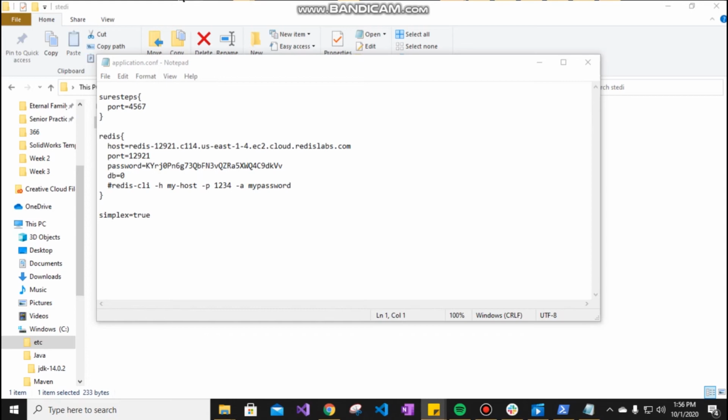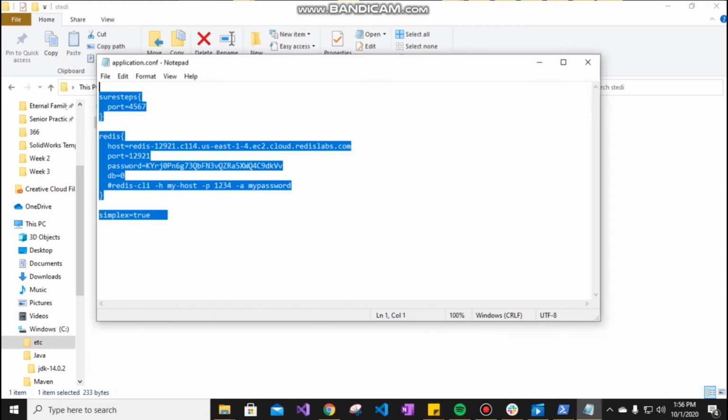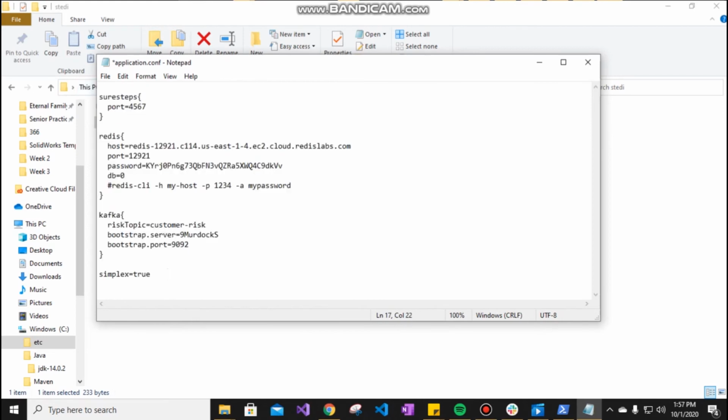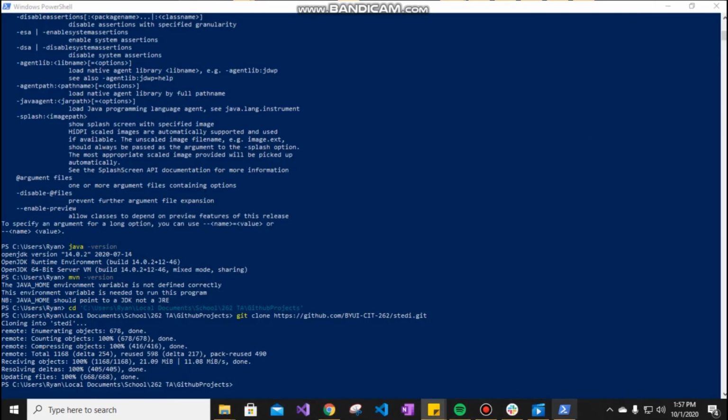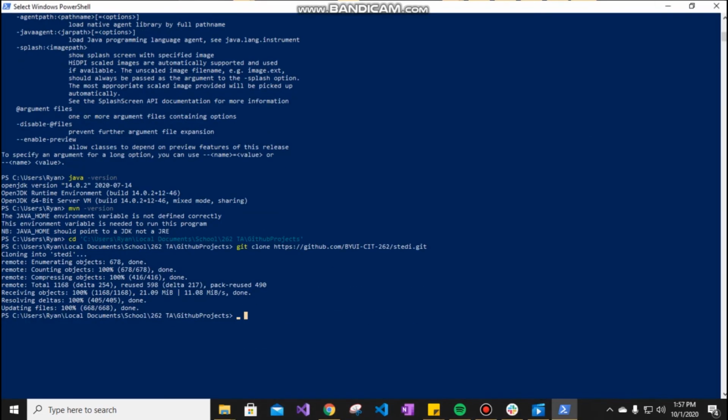We'll get into specifics of what's going on with this later, but for now, we just need to add this Kafka. That's the big change that we're making. So Control S or save it. I'm just going to close it there. And now I'm in PowerShell here, and I'm in the GitHub projects. So we're now going to be able to go into the steady folder